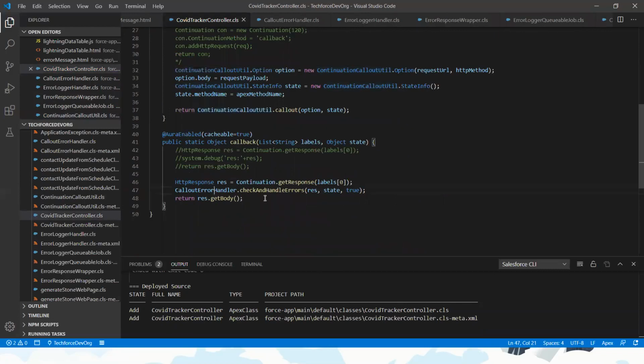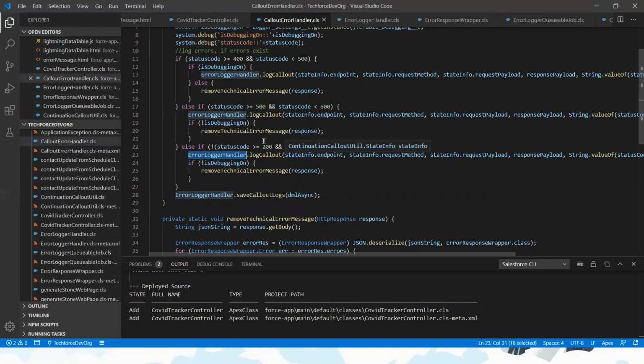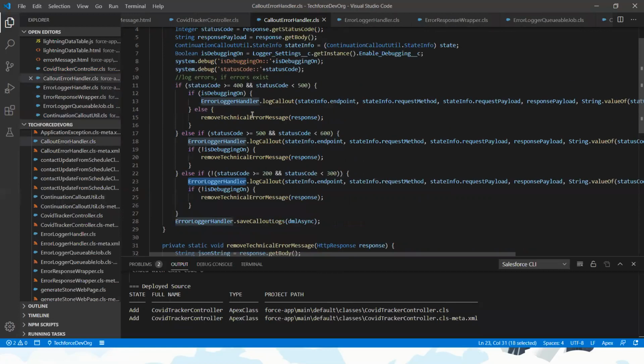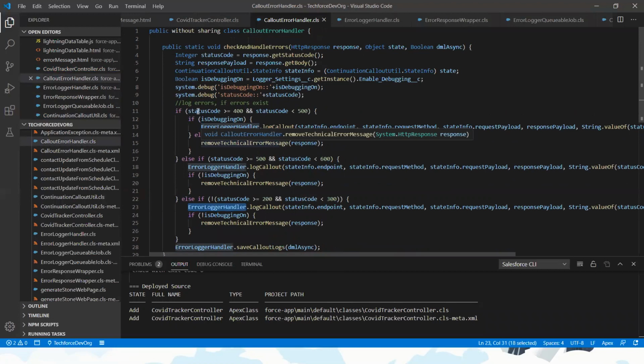In case we are getting errors here, we pass this error information to the callout error handler controller. Basically I am checking what the status code is.